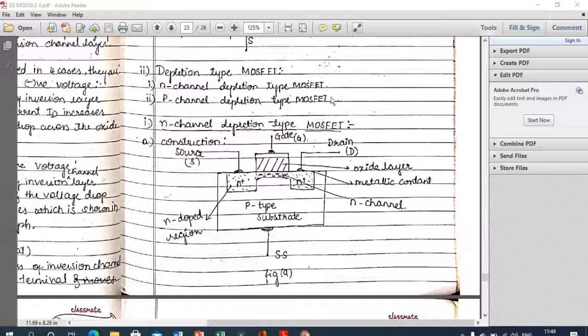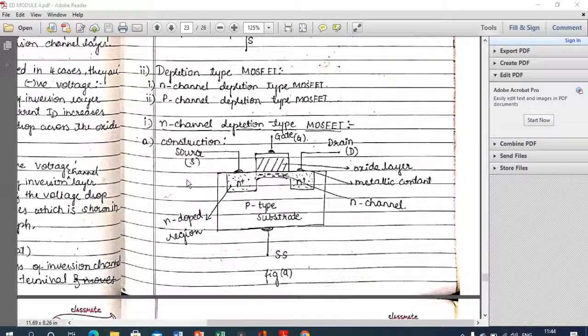First I will start with the N-channel depletion type MOSFET, and then we will compare this with the enhancement type MOSFET, look at the differences, and why it is called depletion. That I am going to explain now. So this is also a MOSFET. It is also used to amplify the given input signal. Based on the input, it will generate a current which increases exponentially.